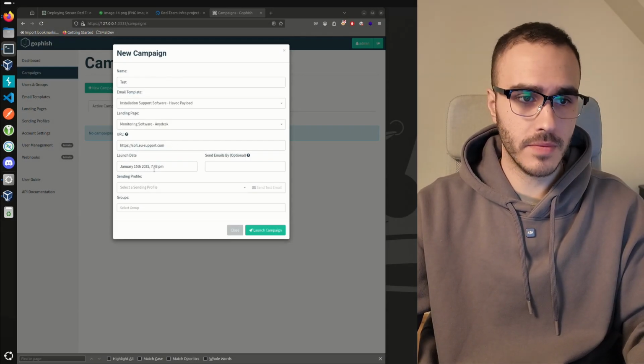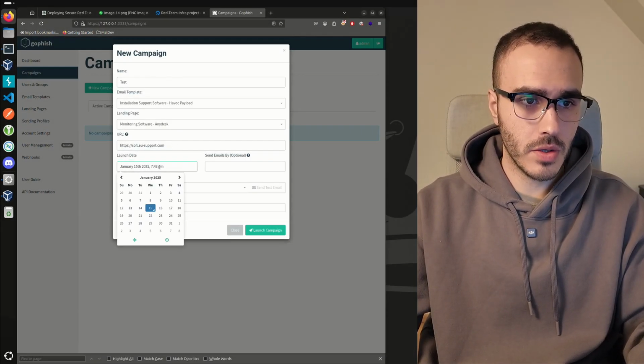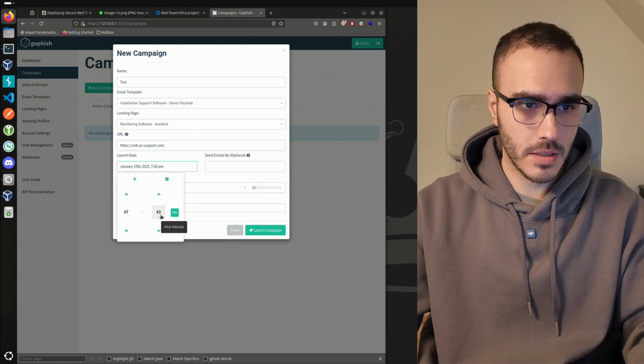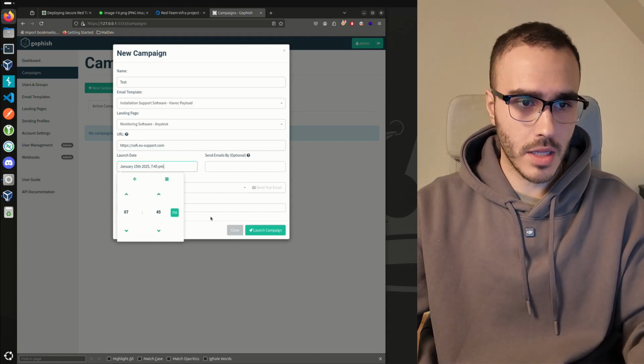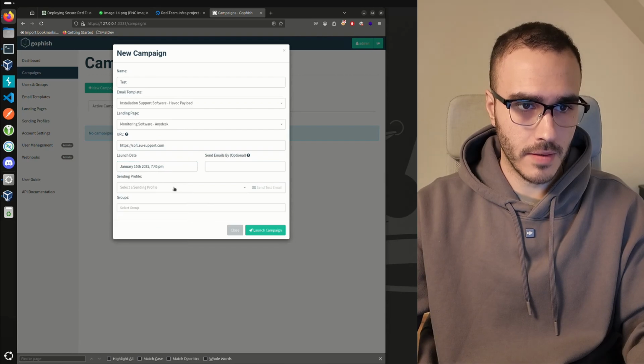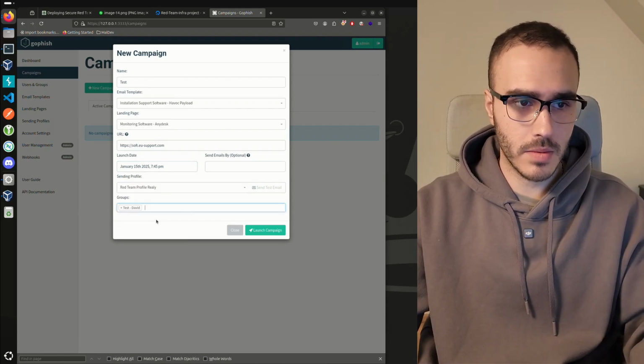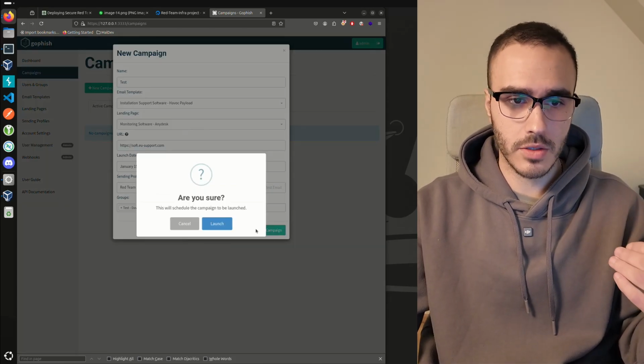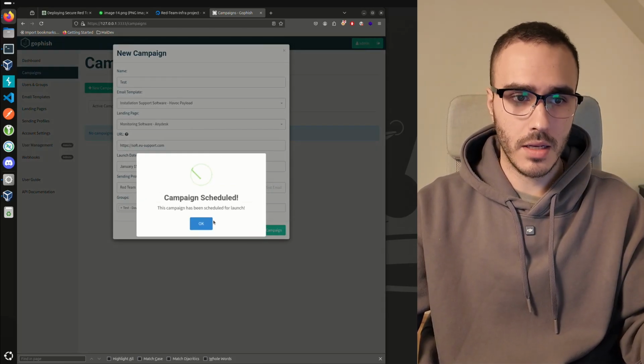Once we have configured this, we are going to choose a different time range. In this case, we are going to do it at 45, and then the sending profile through our relay server and then to our group. So we can launch